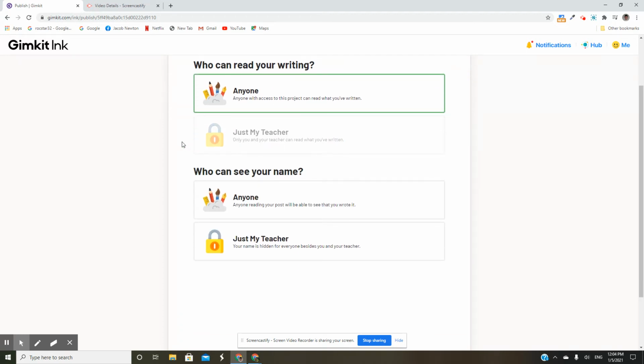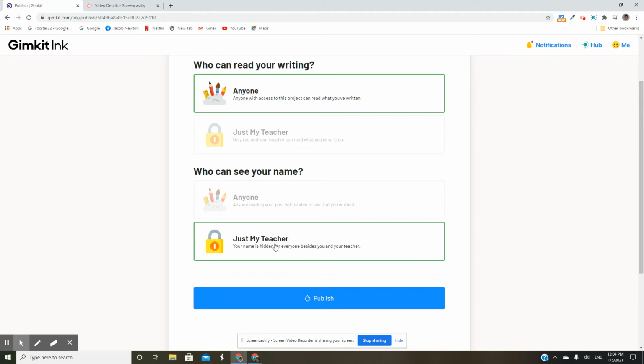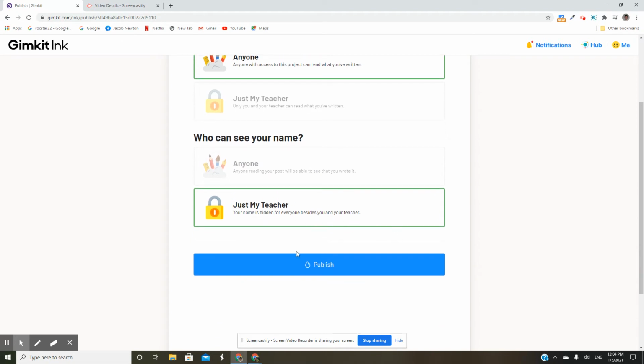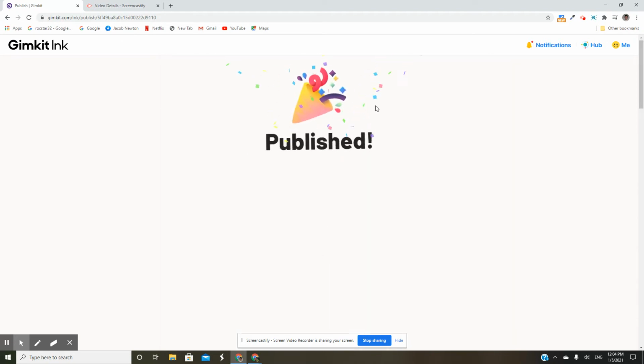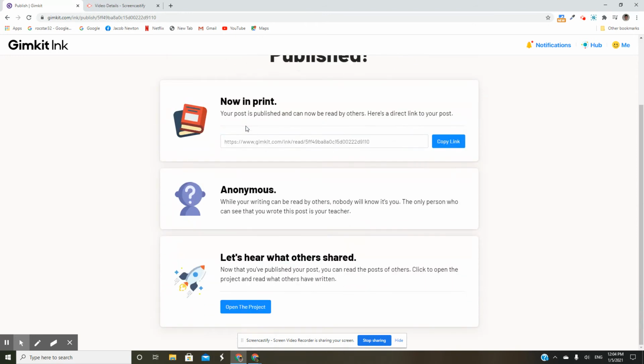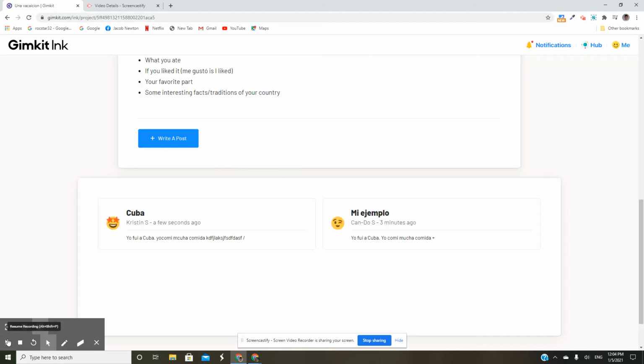However, let's say you don't want people to know that it's you that just wrote that and you didn't include your name in it, then you can just press just my teacher. So now my name is hidden for everyone else besides the teacher. And now it's published. Once you publish it, go take a look at other people's by looking at open the project. Now, once you open the project, you can see that there will be several other examples